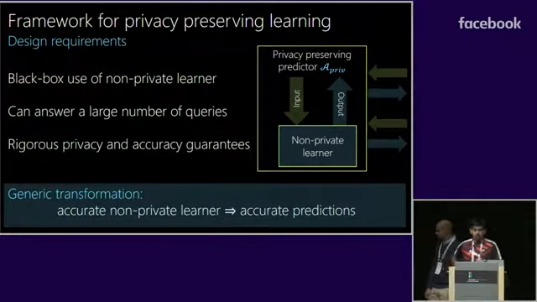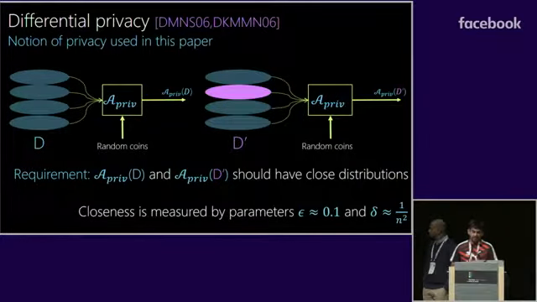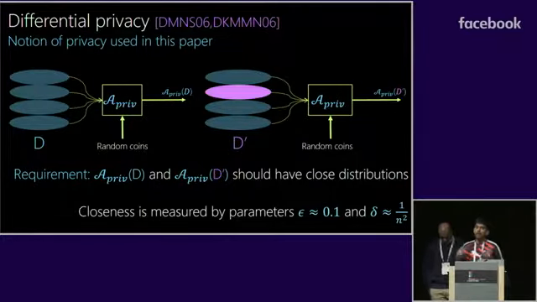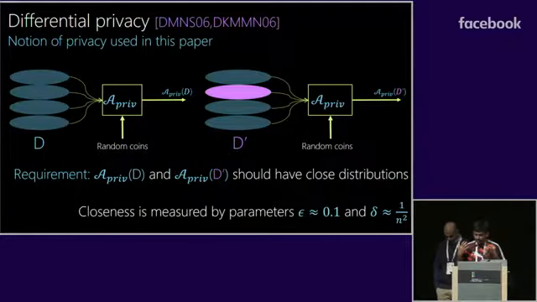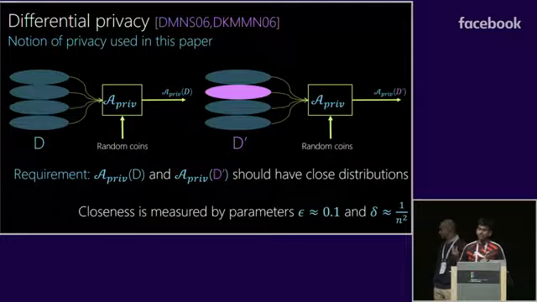Okay? So till now, I've been telling you that we will protect privacy. What privacy are we really protecting? Well, this is not surprising. We are following the notion of differential privacy. Here I will not go through the definition because speakers before me have introduced the notion, but what differential privacy essentially tells you is that given the output of an algorithm, the adversary should not be able to distinguish the presence or absence of a particular user in the dataset. In particular, a particular person with Parkinson's disease or not should not be distinguished by the adversary from the output of the algorithm. There are two parameters you need to remember from this slide: the parameter epsilon, which is typically a small constant, and the parameter delta, which is roughly 1 over the size of the dataset squared.